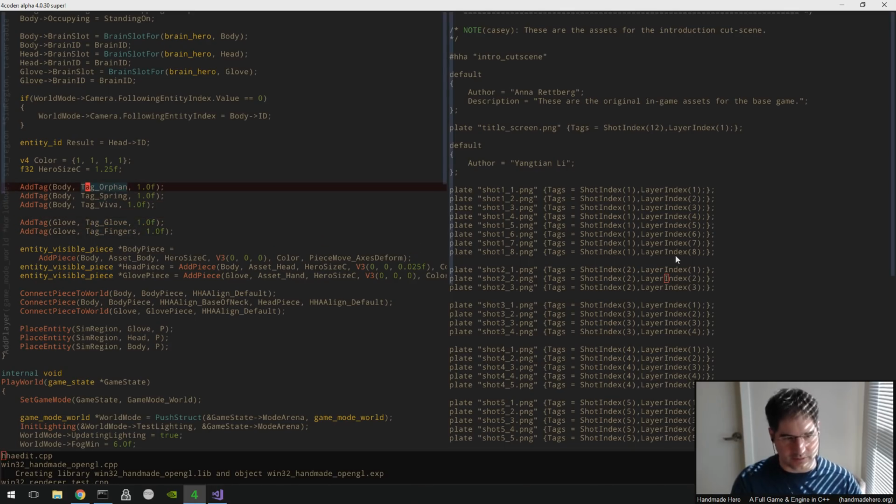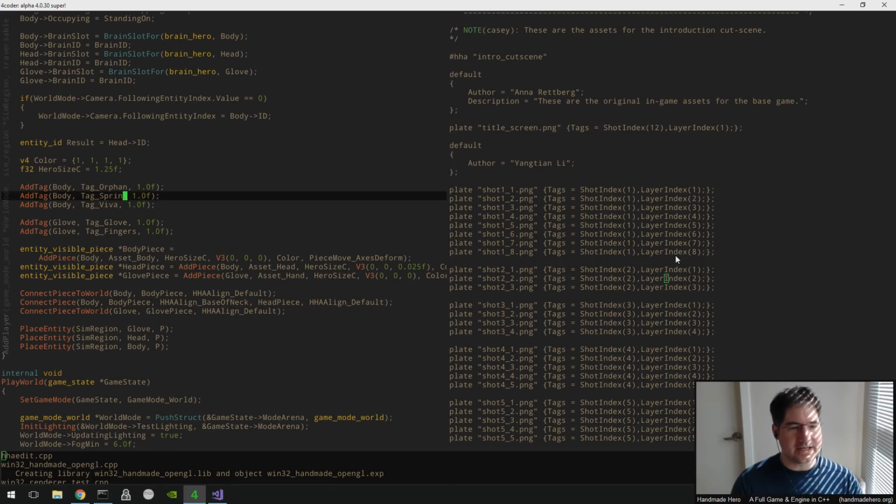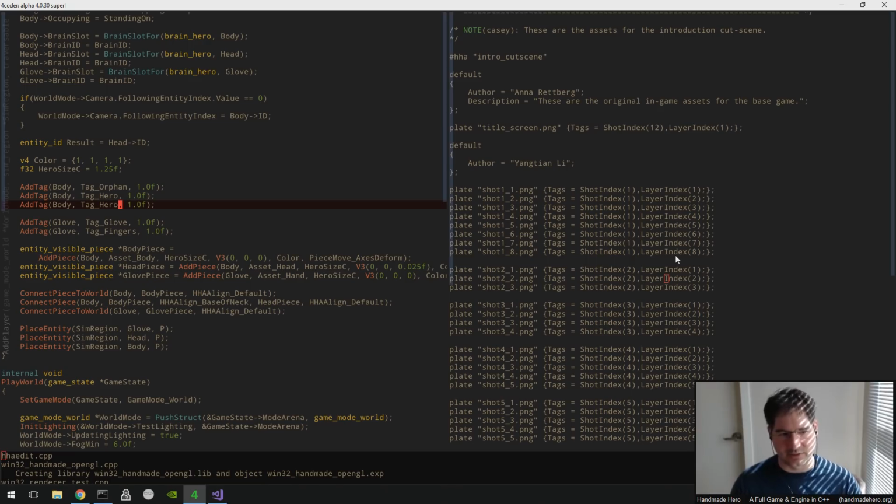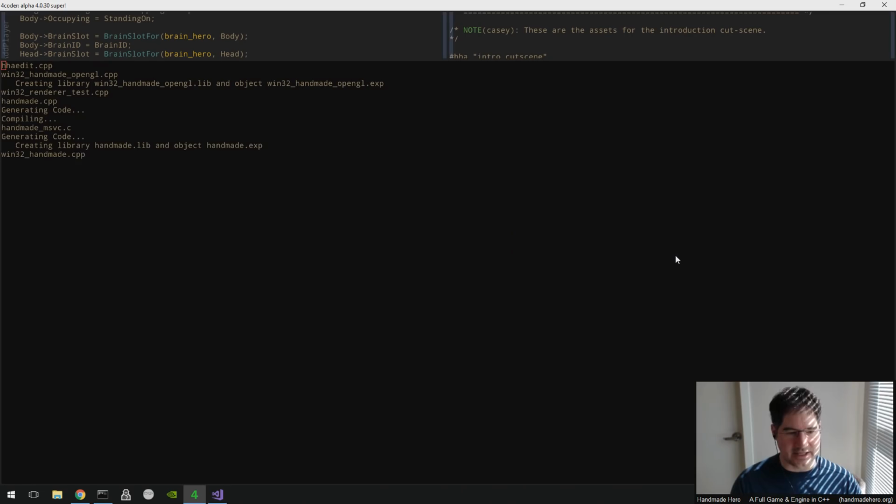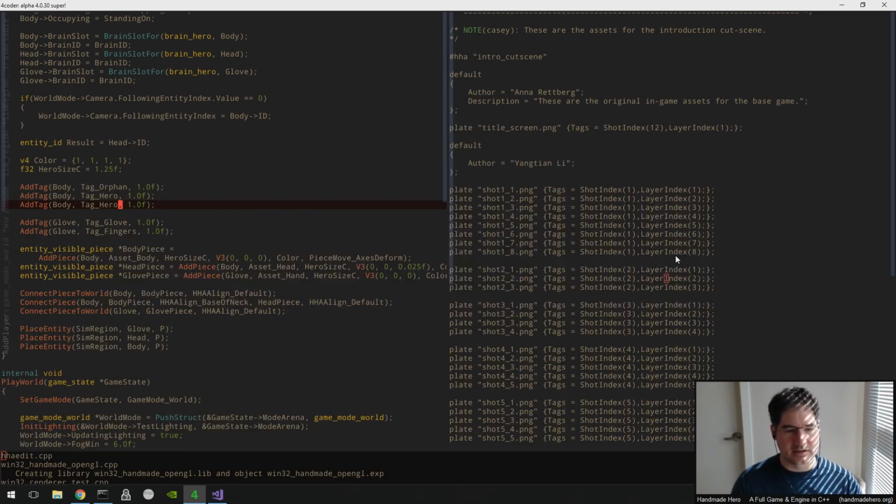Those are the things that were put on there to say who this was. So for the body, I'm just going to do hero. When you add a player, it's always a hero at the moment, which probably won't be the case going forward because you'll probably be able to play as a couple different people. But for the moment, if it's a player character, it's going to be the hero. I'm going to go ahead and compile that